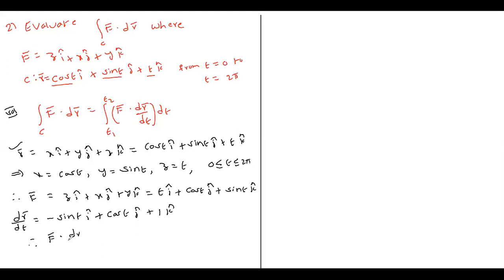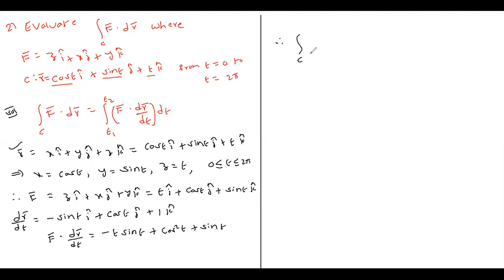F bar dot dr bar by dt is the dot product of these two: minus t sin t, plus cos t times sin t... plus cos square t, plus sin t. Okay, therefore